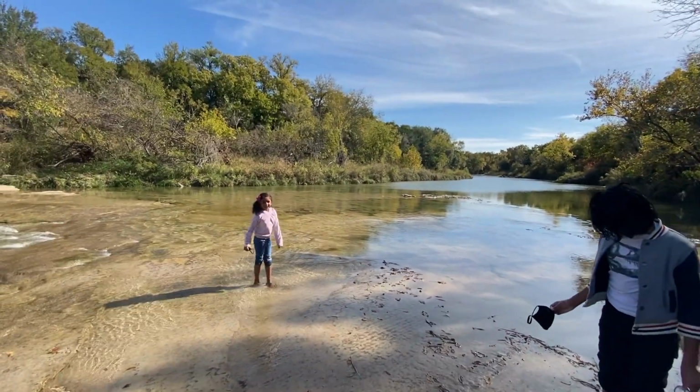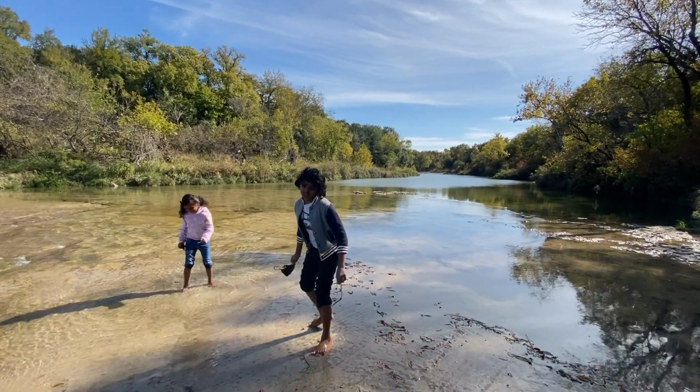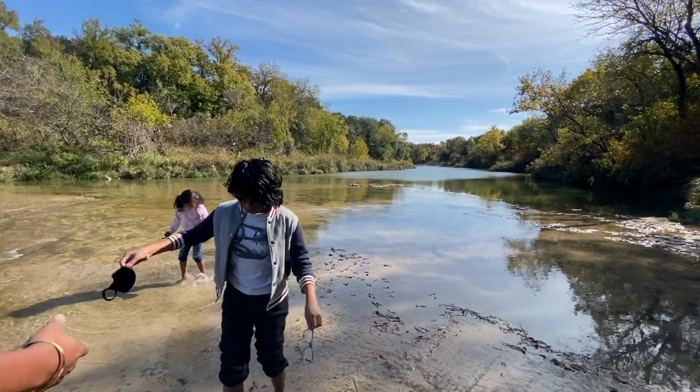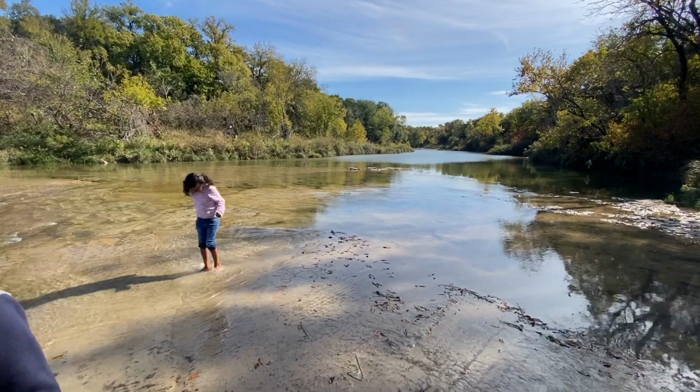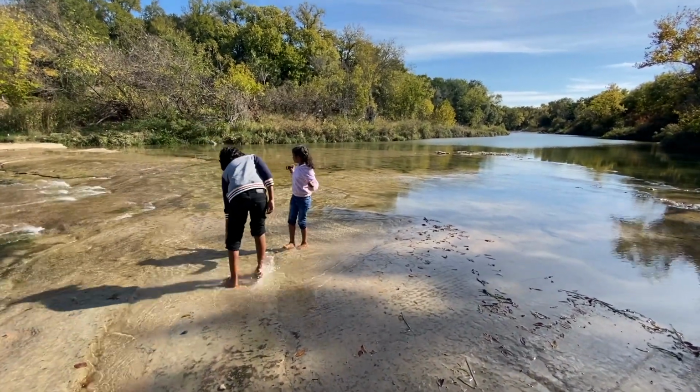The rocks, it's like you can just walk up. My sister enjoyed it too. She's sliding on it. She's like, yeah, and look at it. It doesn't even cross her pant level. So yeah, it's a great place to enjoy with your family, and you can just come here and